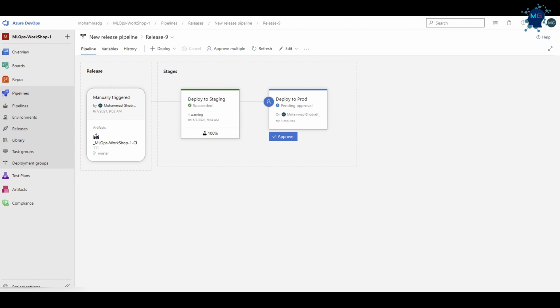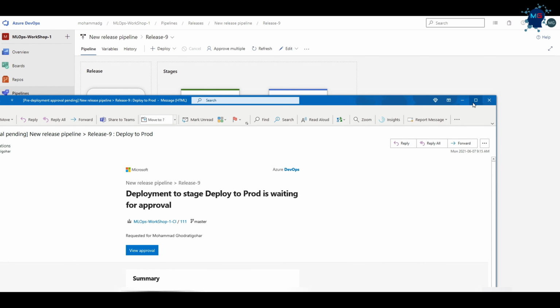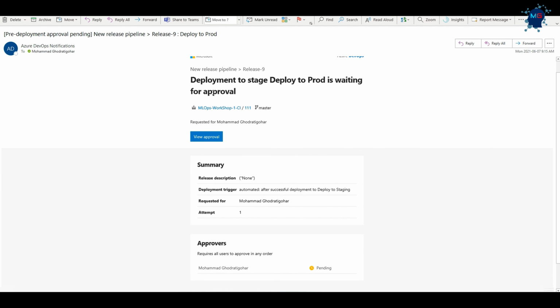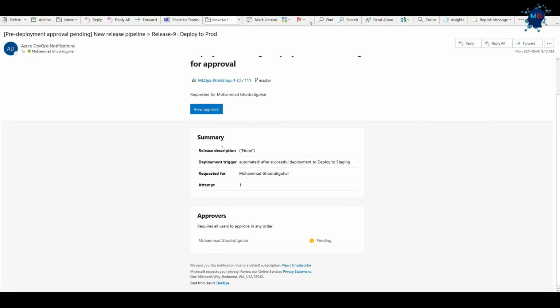Let me show you. I got an email actually from my organization saying, hey, there's something that needs your approval. Let me show you that email properly. You can see it's telling me deployment from the deploy stage to production is waiting for my approval. And if I click on seeing the approval,